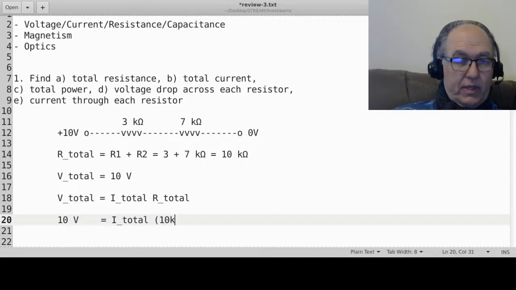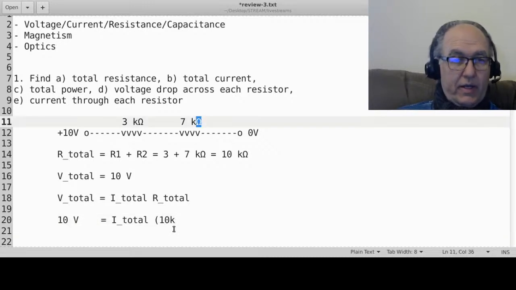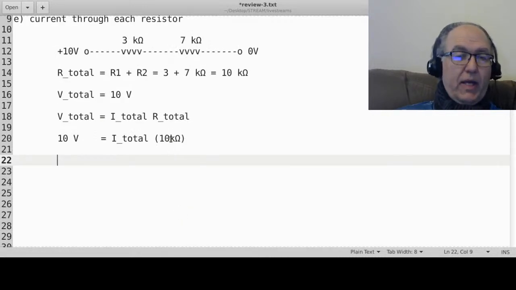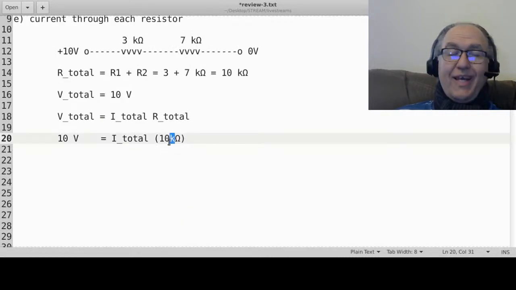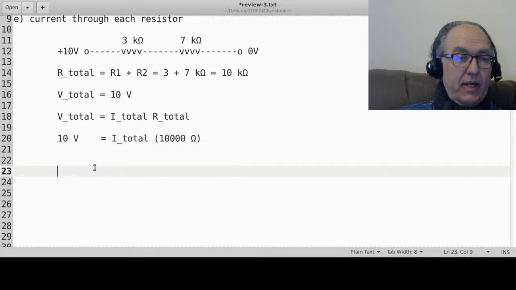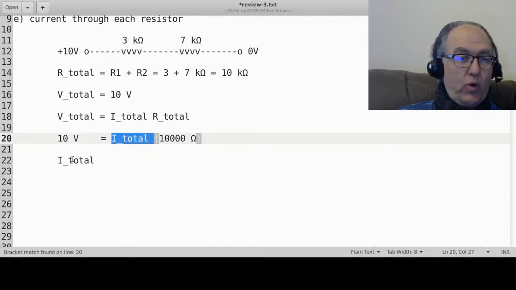Whoops, 10 kilo ohms like this. All right. And nothing tricky here, except you've got to watch that K is really 1,000. So this is actually going to be 10,000 ohms. And now it's in MKS, and so the total current will equal